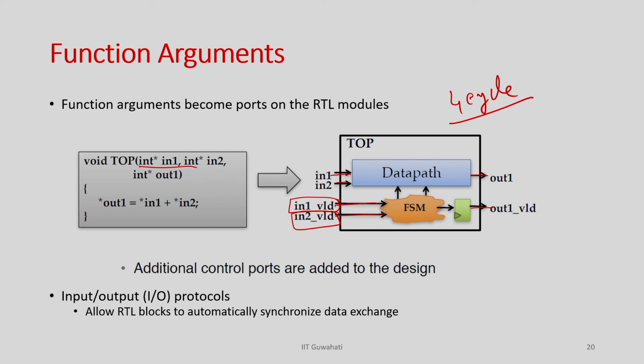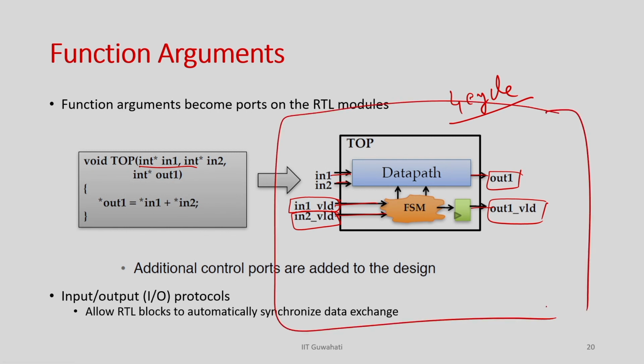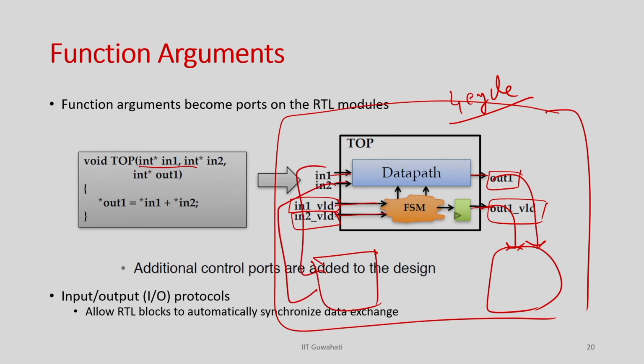If the valid is coming in less than 4 cycles, it will ignore that input, because it cannot take in a new input within 4 cycles of the last one. Whenever it produces a correct output, it says this output is valid, and you can integrate it into a bigger system which may have a different module that takes this as input, or another module that produces these inputs. So they can be integrated together and work perfectly. That is what the argument becomes, and usually the high level synthesis tool generates all these valid ports as well for each input.